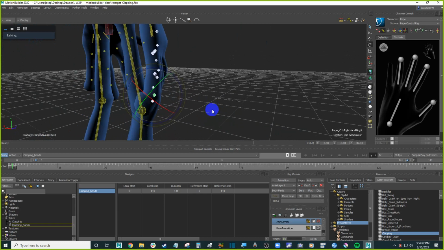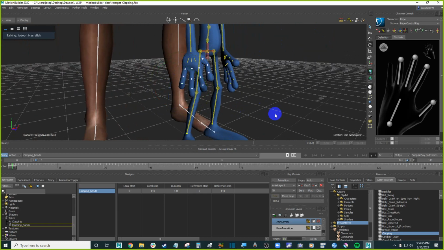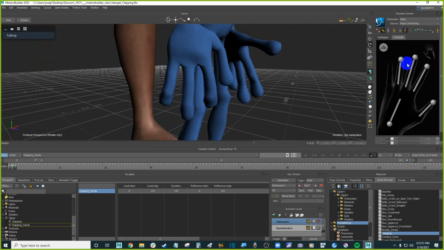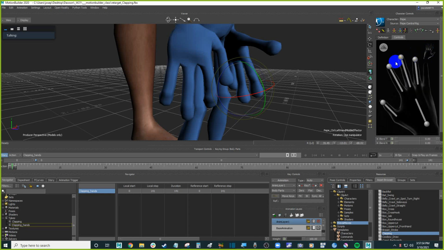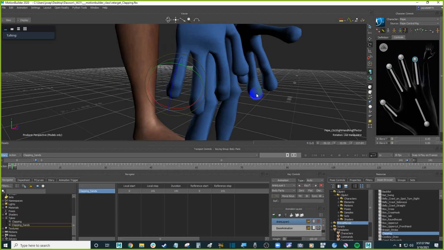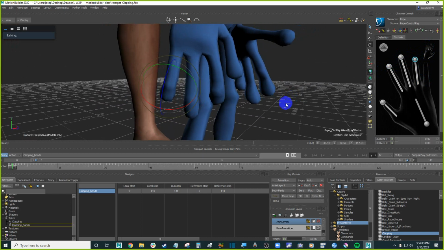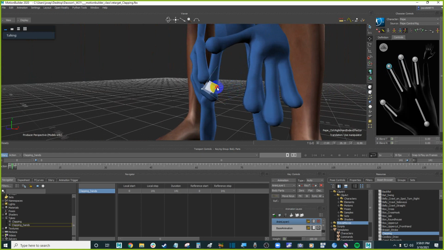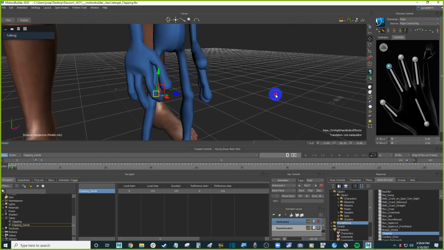Ooh, skinning problems. It's breaking. All right, so something like this, a little bit more natural. Yeah, I think it's really open. Let's try to bring it in a little bit. Maybe try repositioning. Okay, and now